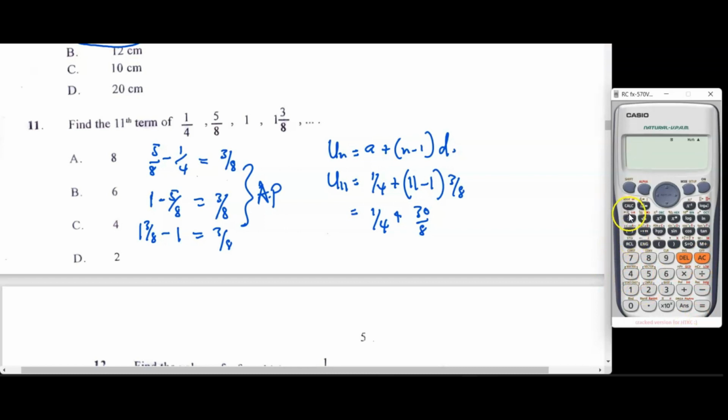We can actually break it down, but to give us an accurate answer and faster, let's work it out. 1 on 4, so fraction 1 on 4 plus another fraction 30 on 8. You don't have to take any chance of getting anything wrong, and that gives us an answer of 4. So the 11th term for this sequence, if it should be continued, is going to be 4. Going further,